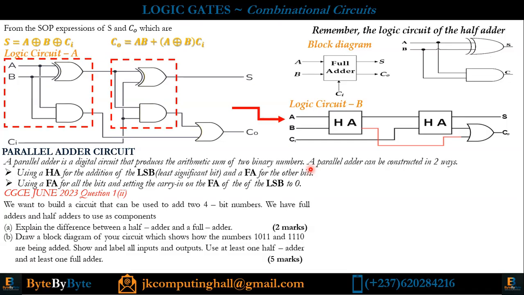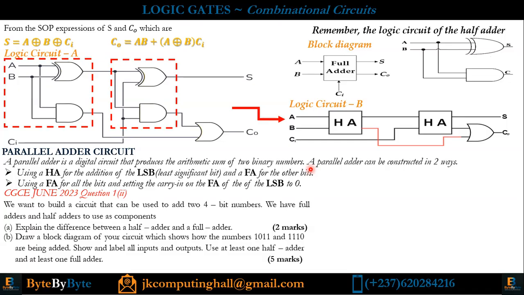Another difference is that a full adder can perform the function of a half adder, whereas a half adder cannot perform the function of a full adder. Another one is, a full adder can be designed using half adders, which is not the case for a half adder. Another one is at the level of the input. A half adder takes in 2 inputs, whereas a full adder takes in 3 inputs. Another one is the output. The outputs of a half adder are the sum and the carry, whereas the outputs of a full adder are the sum and the carry out. You can even give the logic expression as differences.